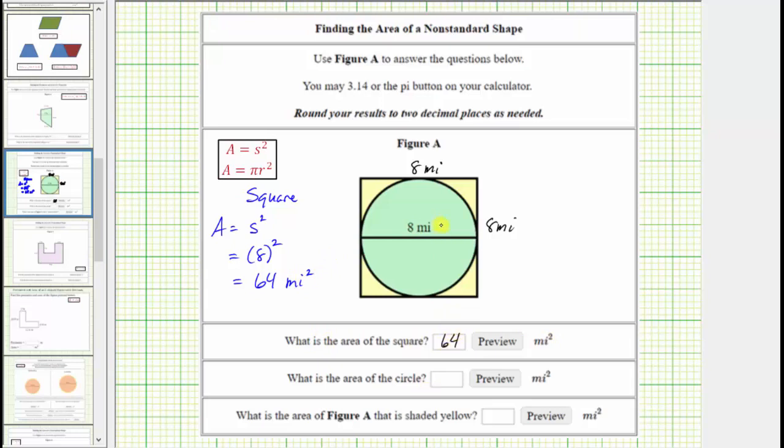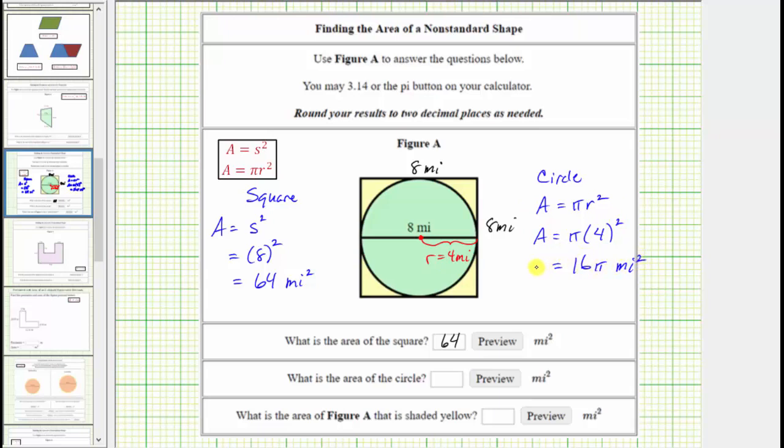Now we will find the area of the circle, and the area of a circle is equal to pi r squared, where r is the radius of the circle. Looking back at the circle, notice how the diameter is 8 miles. The radius is half the diameter, or the distance from the center of the circle to the edge of the circle, and therefore for this circle, the radius r is equal to 4 miles. Which means the area of the circle is equal to pi times the square of 4 miles. 4 squared is equal to 16, pi times 16 is equal to 16 pi, and the units again are square